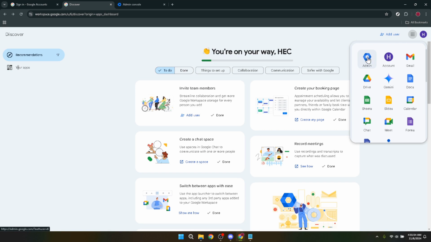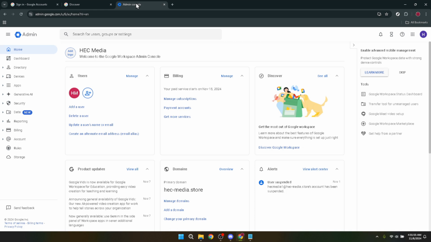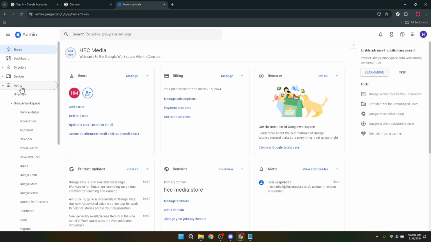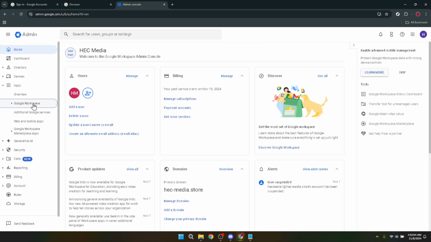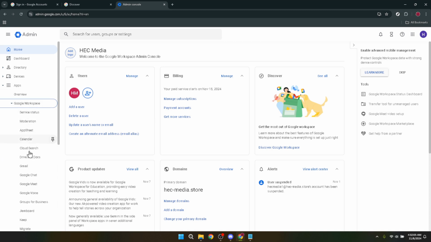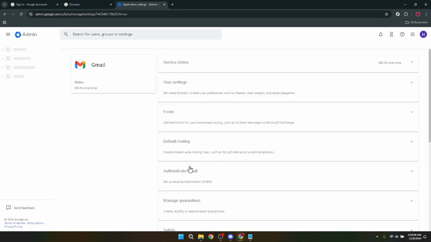In the Admin Console, your first move is to click on Apps. This will direct you to where all your Google Workspace applications are managed. Now you want to focus on Google Workspace core services, so click on Google Workspace. This will lead you to a list of all the Google apps available to you. From this list, what we're interested in today is Gmail, so go ahead and click on it. Within the Gmail settings, you'll see an option for Authenticate Email. Click on that. This is where you start the process of setting up DKIM for your domain to ensure your